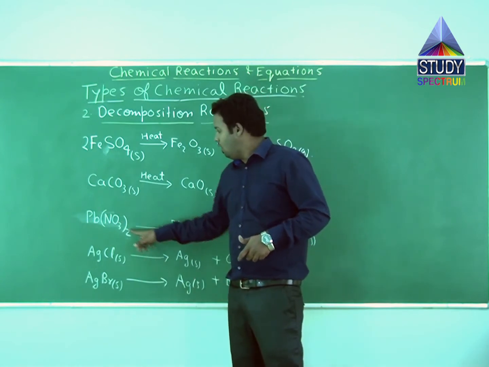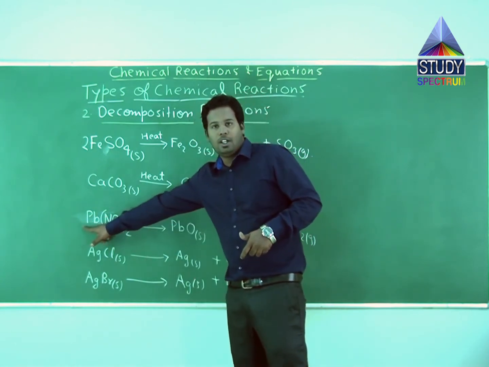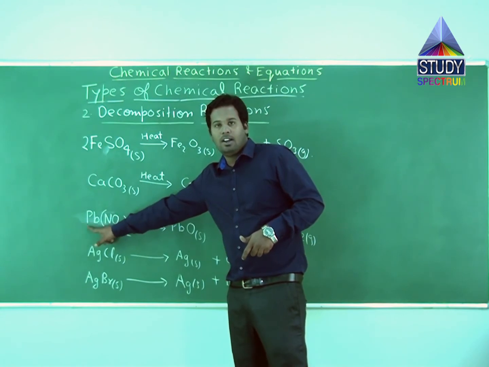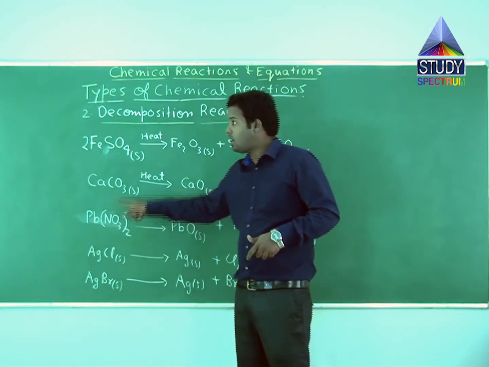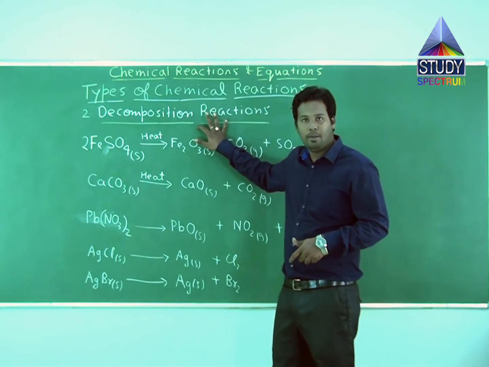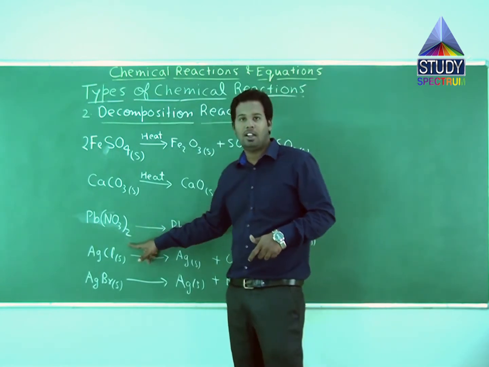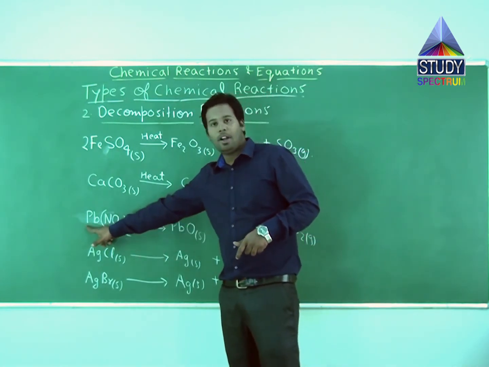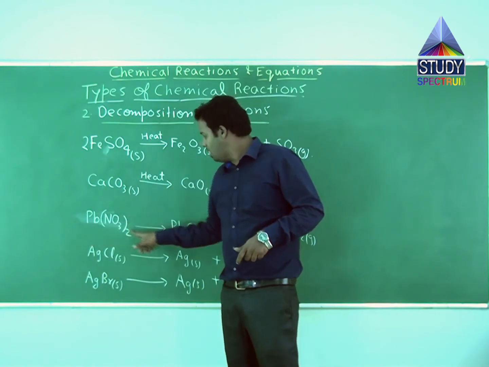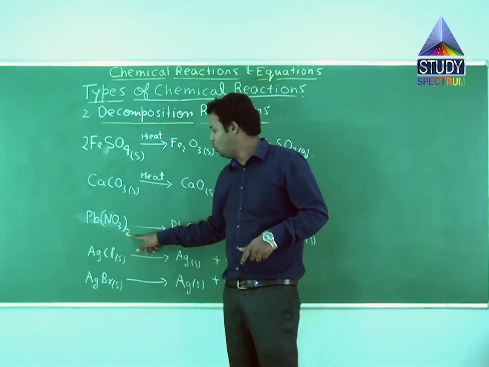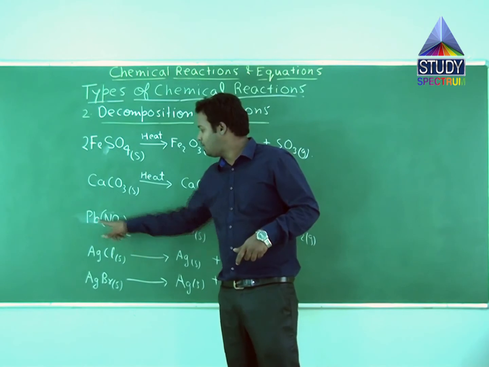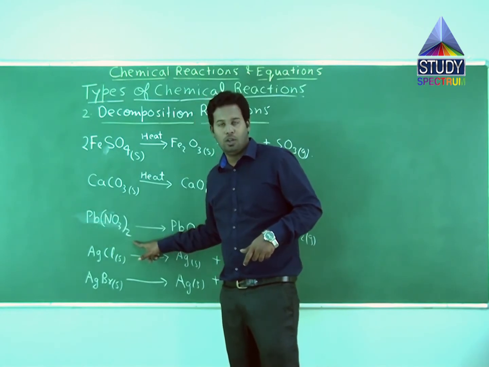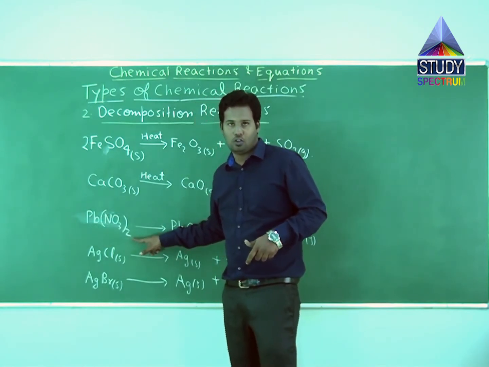So since the stoichiometric coefficient of this compound, this single reactant, is 1, as we are studying, do not forget, as we are studying decomposition reaction, we will every time see a single reactant. Now, since the stoichiometric coefficient is 1 of this compound, and the suffix of nitrogen is 2, it means the number of nitrogen atoms will be 1 into 2, that is 2. So, the number of nitrogen atoms in LHS is 2.